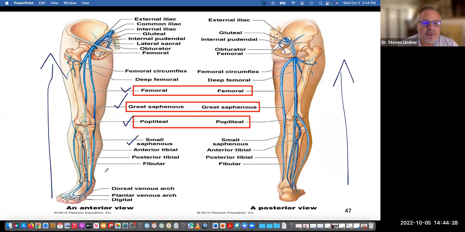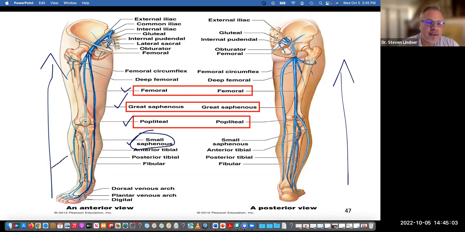So look right here at the greater saphenous. If we follow it down, it's really going from the bottom of the foot. It's coming upward, up, up, up, and it's going to go right into the femoral vein. From the femoral vein into the right external iliac vein, into the common iliac, and eventually into the inferior vena cava. Okay. If we look at the small saphenous,